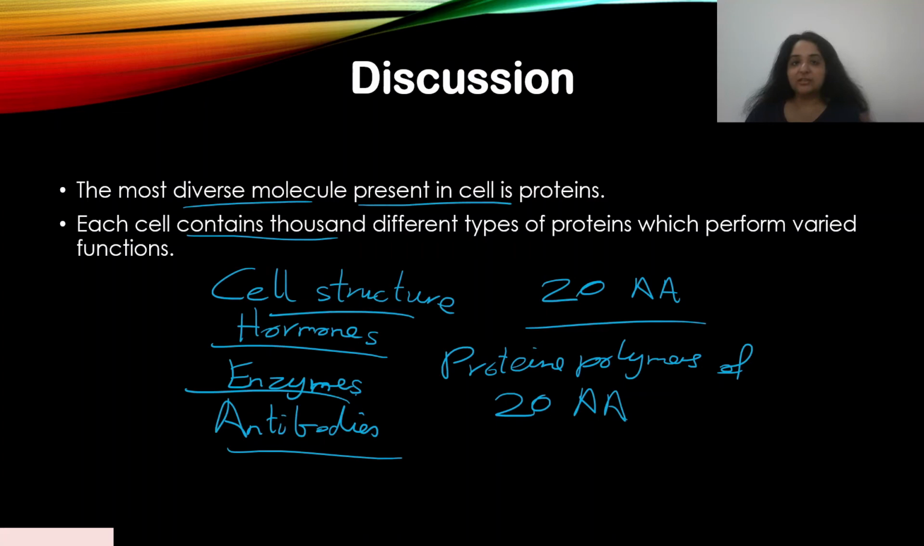And these proteins in turn play a role in forming the cell structure, hormones, enzymes, antibodies, and so on. So yes, proteins are the most diverse molecules in cells, because of the 20 amino acids and their different permutations and combinations, out of which so many different types of proteins are formed, and these proteins in turn